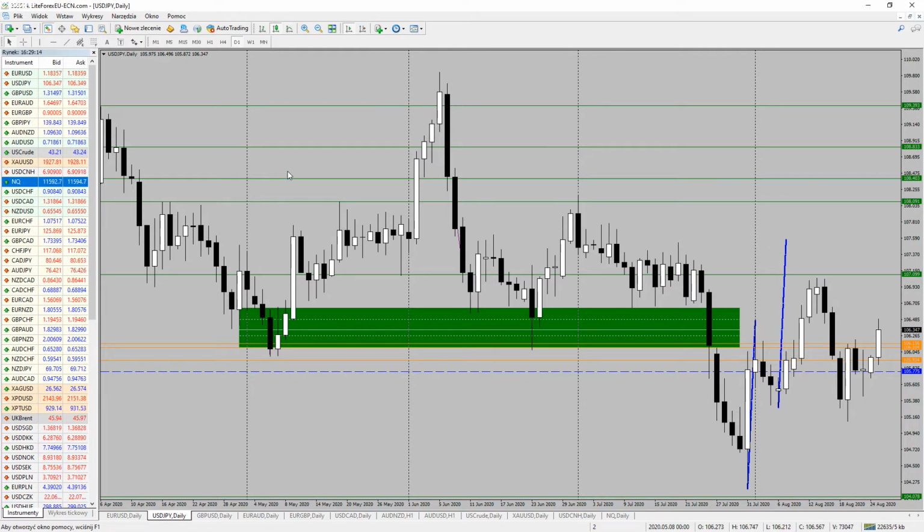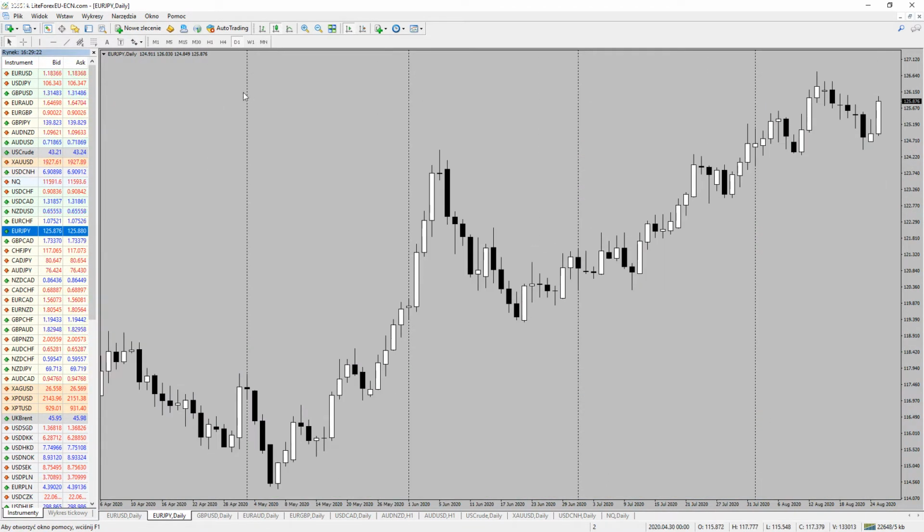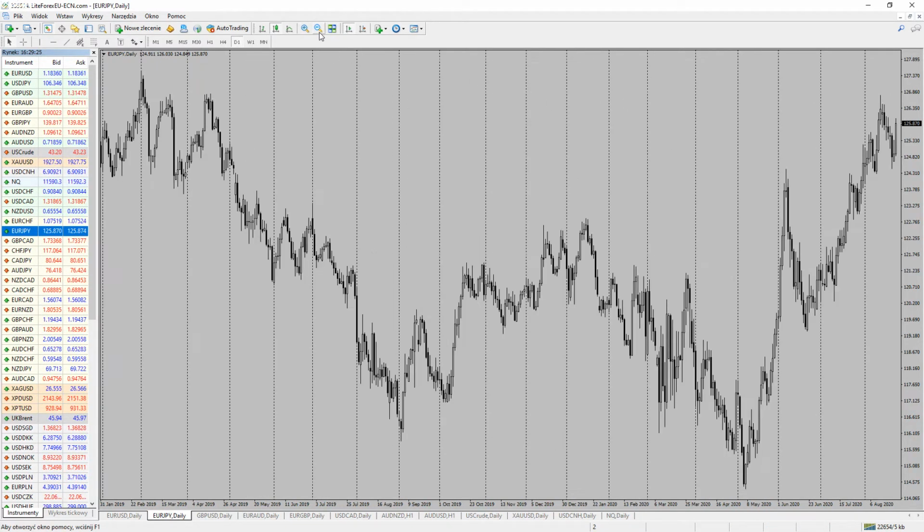so a little bit more manipulation could be in place. If we are talking about the yen crosses, a very interesting situation is on the EURJPY. We are testing very nice levels on the left side, the supply around 126.20, 126.50. That's going to be very interesting, in my opinion, to keep an eye on, and we might see something similar to a head and shoulders, but it would be good to see some kind of reversal near term. That of course may work with a change in the sentiment when it comes to the